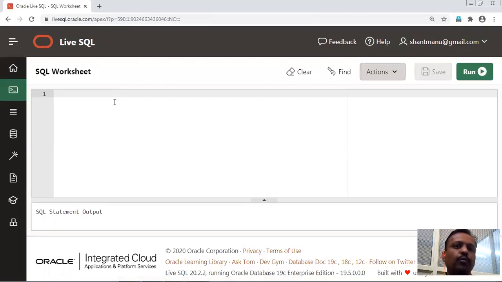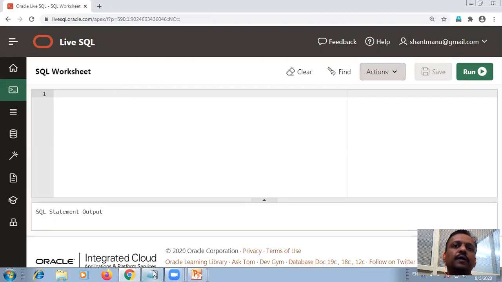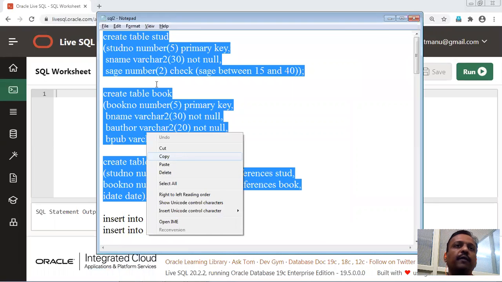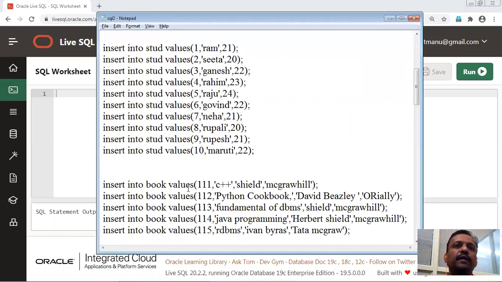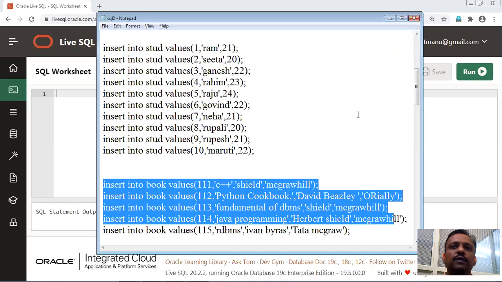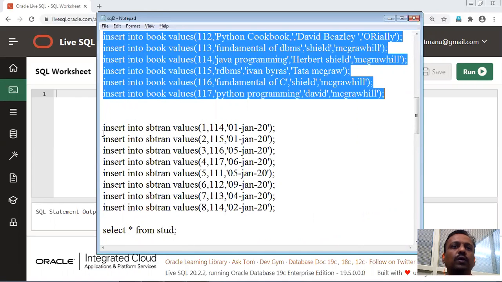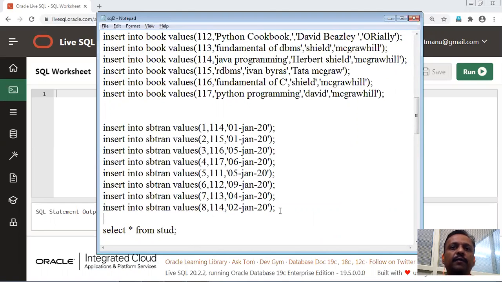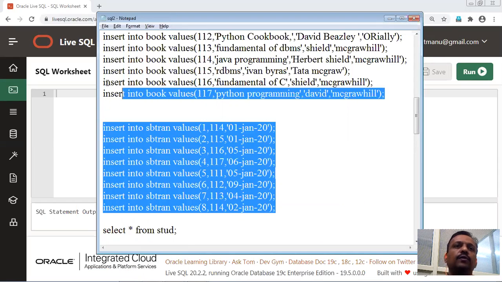Here you have to put the queries. These queries show how to create the tables and then insert the records into each table. This is student, this is book, and this is SBTran, some transactions that we have created.